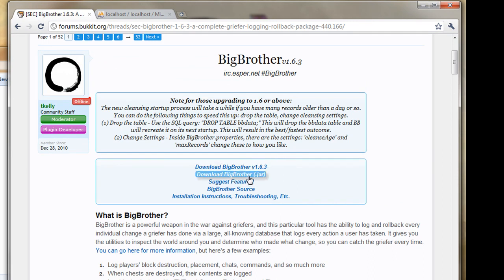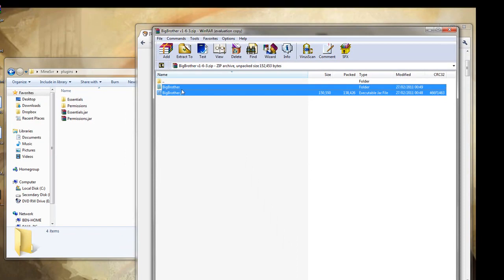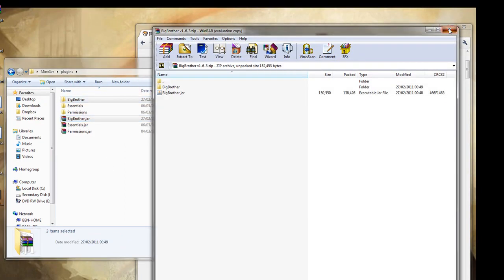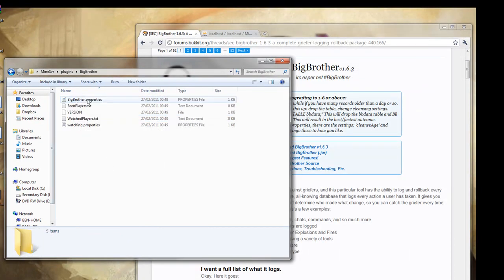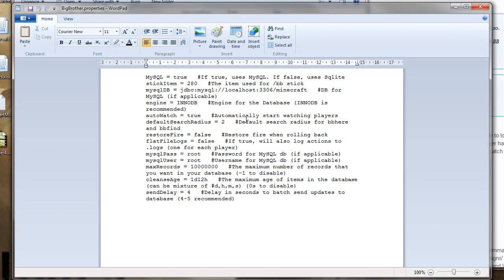If you are using a host, then ask them, of course, to make a database for you. So you want to drag these two files in that you've downloaded. Now, if you open up this, go to BigBrother properties. This is where all the configuration you need for your